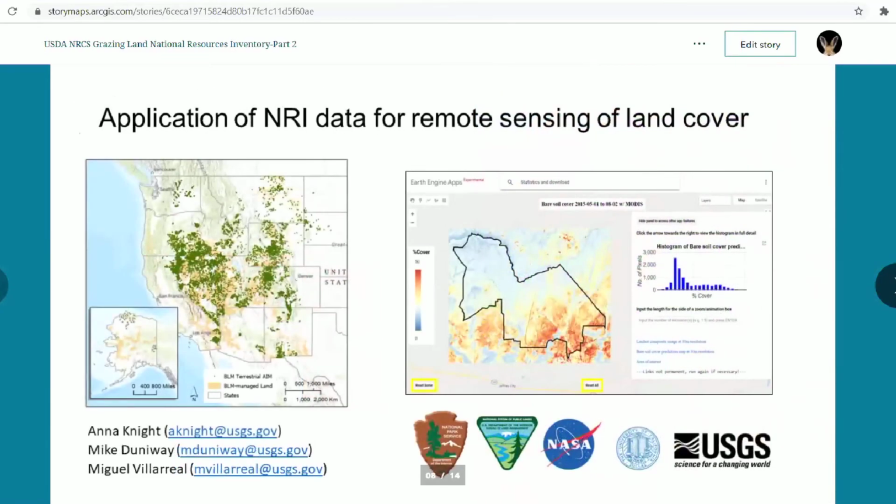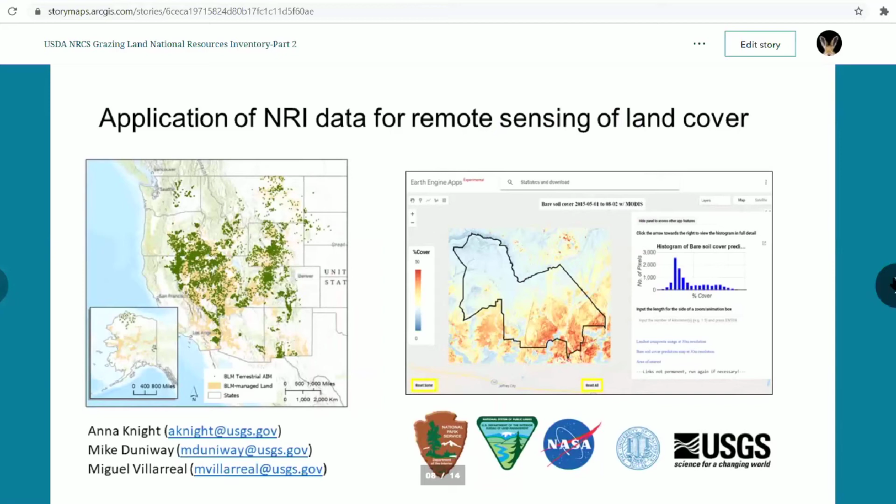The USGS in Moab, Utah has also been working in collaboration with Jornada in southern New Mexico to curate USGS, National Park Service, BLM, and NRI monitoring data for application to remote sensing tools and products. One of these products is LandCart, which is a NASA-funded project in which BLM, USGS, and UCLA have created an on-the-fly cover estimation tool trained by data from BLM, NRI, and National Park Service.